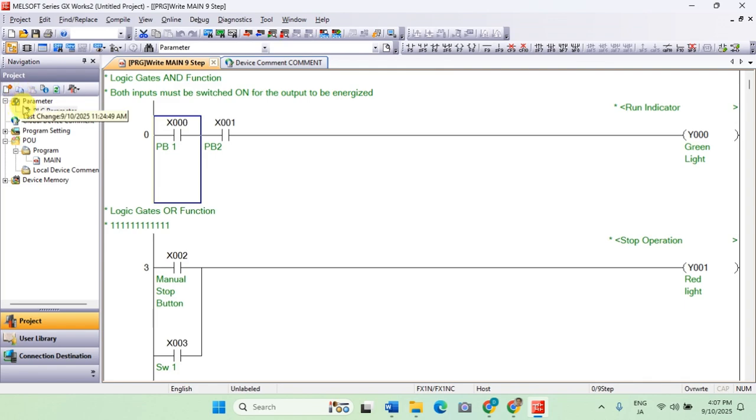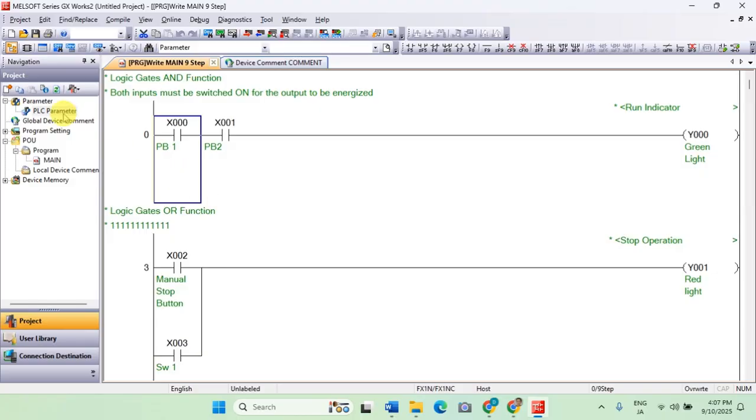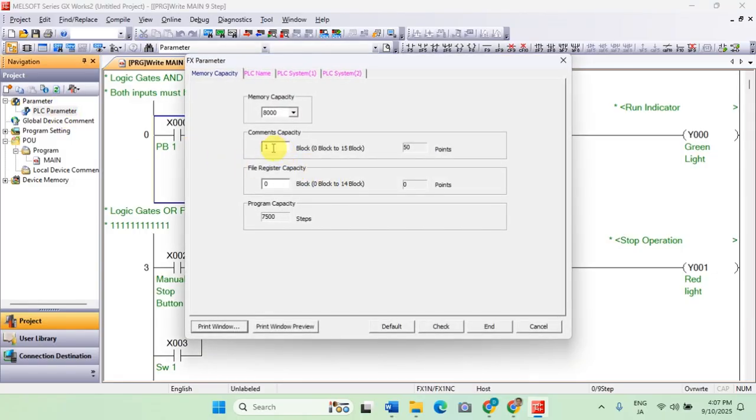Again, in the project 3, you go to the parameter, and then the PLC parameter, and for the comments capacity, we need to edit this one from 0 point. We're going to edit 1. So when we put 1 here, we will get 50 points for our comments.